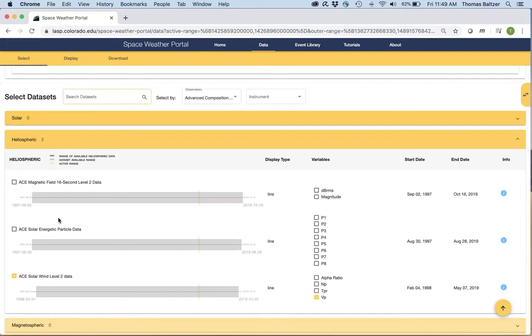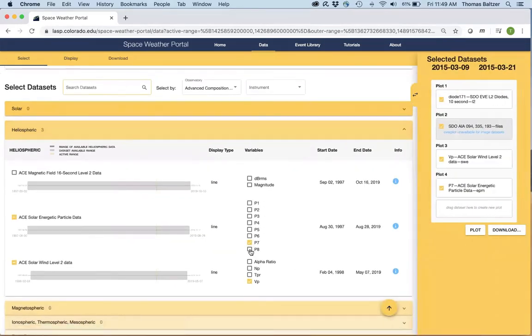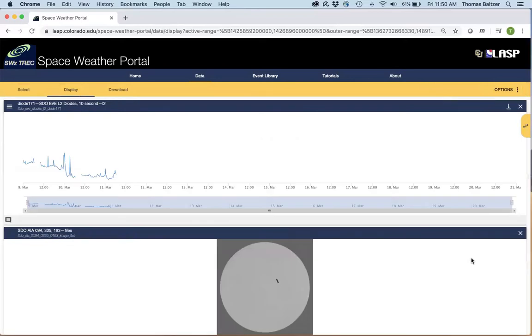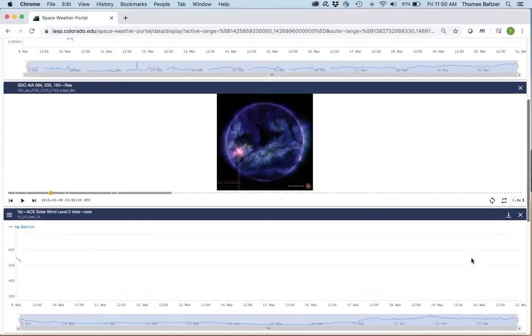And having read the metadata about this SEP data, I know that these 2 bands have the largest